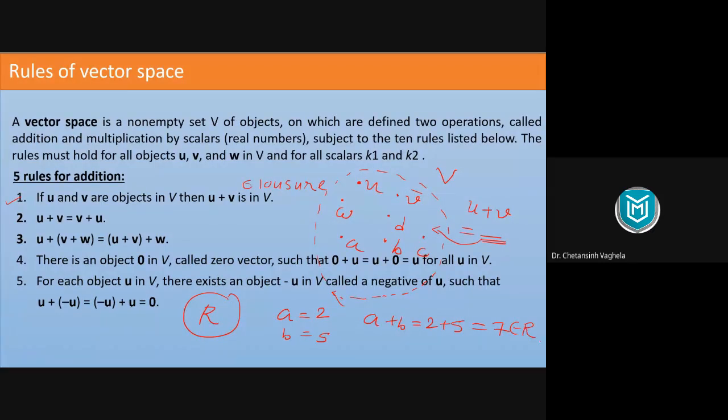So we have taken A from set R, we have taken B from set R, and their addition A plus B again we are getting in the same set R. See, that's why our usual addition is working effectively on any set. Why it is working effectively? Because it is satisfying the closure property. You take any two numbers from set, you add them, and your result will be again part of the same set. This property is very essential when you are dealing with vector space. This property is called closure property.